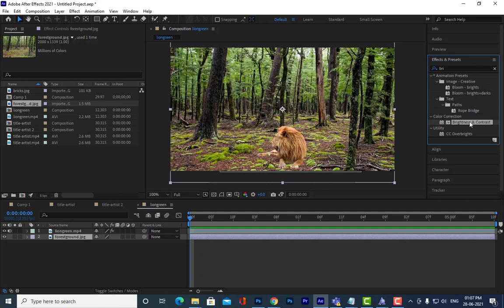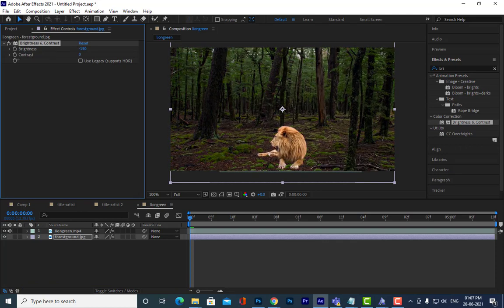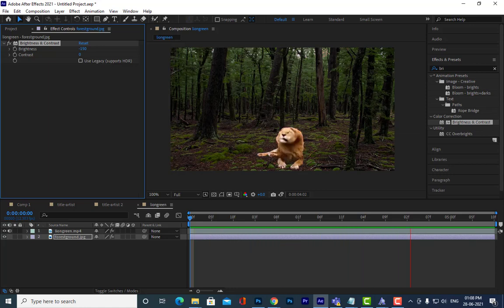So same as Photoshop, we will apply this, and let me reduce the brightness of the forest here. Let me make it a little bit dim. Okay, right? Okay, is it clear, all of you?